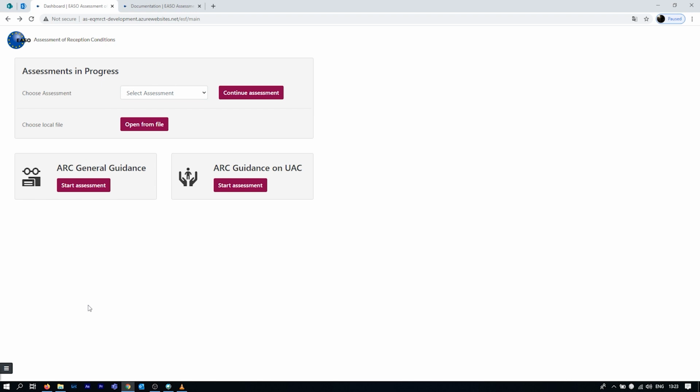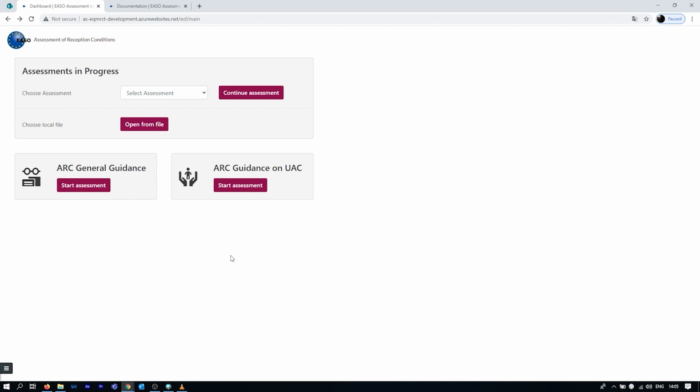The ARC tool is available on mobile and desktop version, adapting its layout to the device you are using. It means that you can start an assessment on your mobile and finalize it on your desktop in a more comfortable setting. The ARC tool does not require an internet connection once loaded. On desktop and on mobile, depending on your browser, you can choose to install the app on your device and it will always be available offline. The content of an assessment is automatically saved only on your device and you have full control over your data, to which EASO has no access.